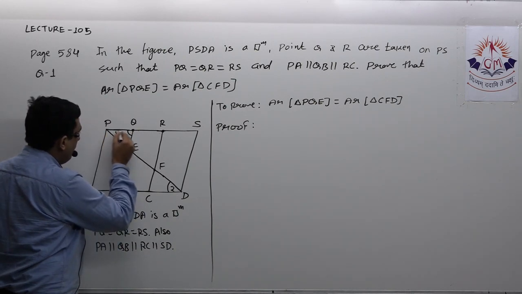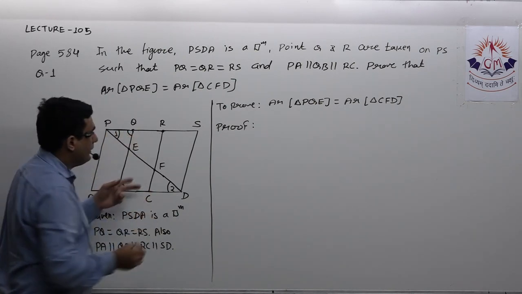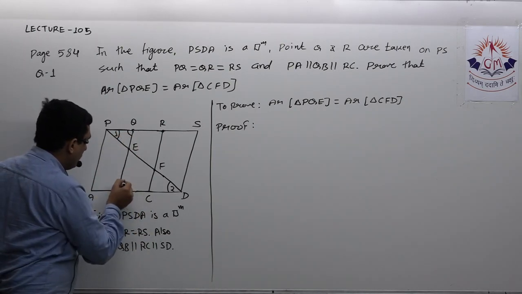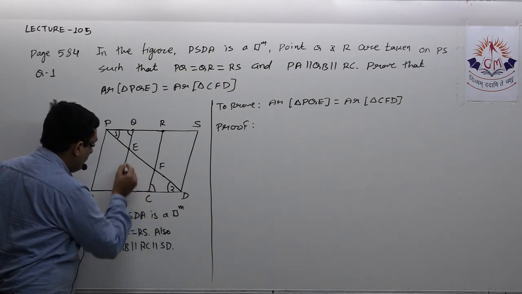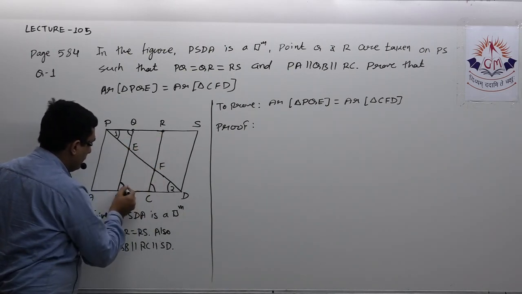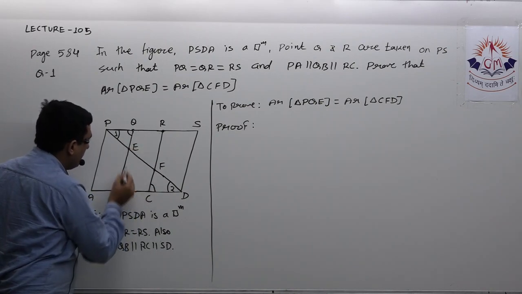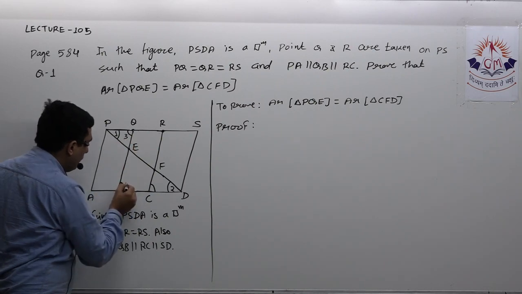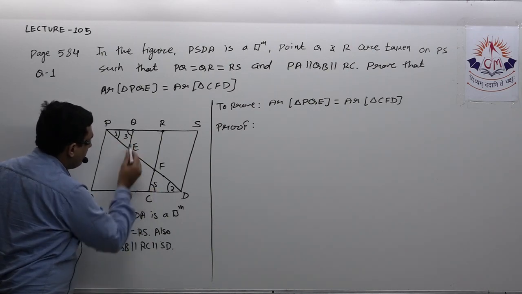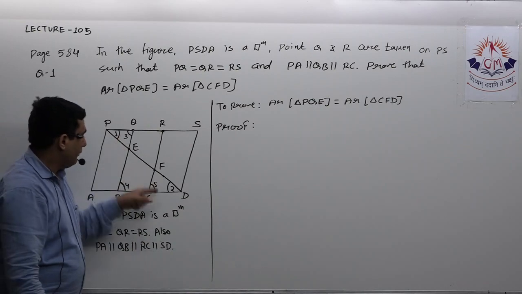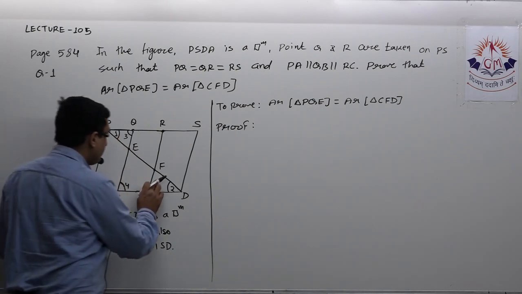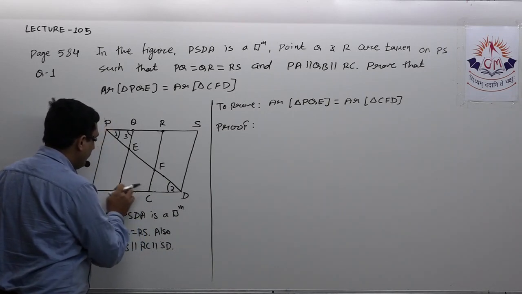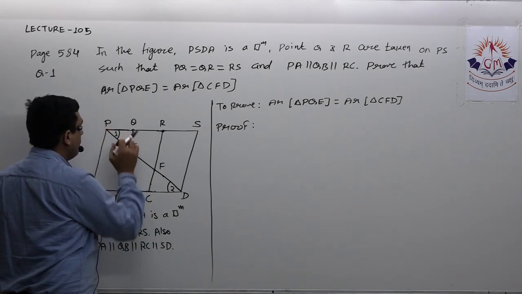Because we have PQ parallel BC, because PASD is a parallelogram. So these two angles are equal. Also these two angles are equal because QB parallel RC. So these two are corresponding angles. These two are alternate. So for a while, if I say this is 3, so 3 is equal to 4, but 4 is equal to 5, so 3 will be equal to 5. So we'll have one more angle. Okay. Now after this, we proved two angles are equal. Now we need one more side.